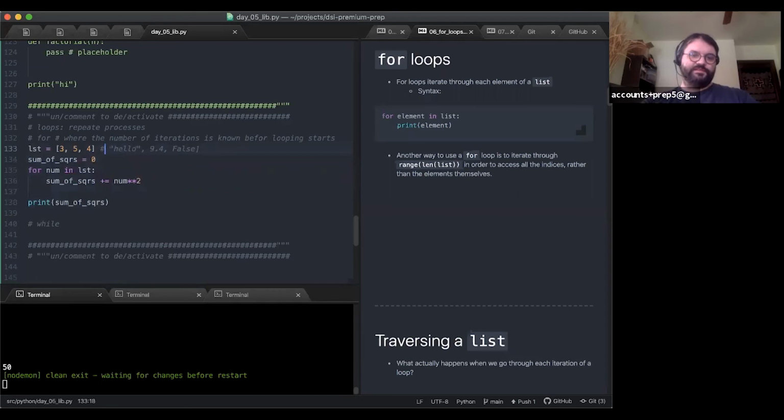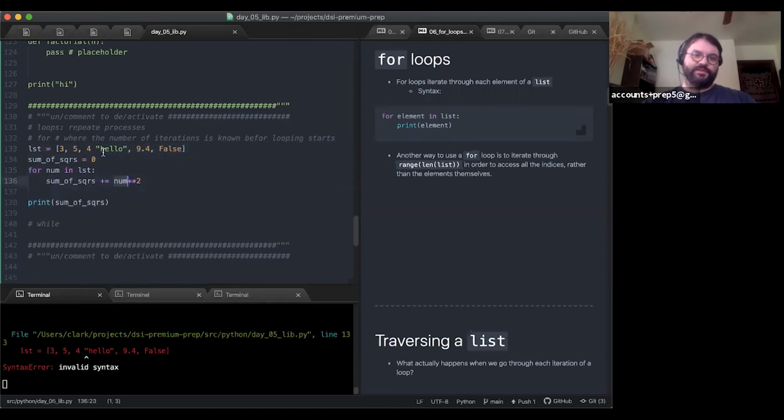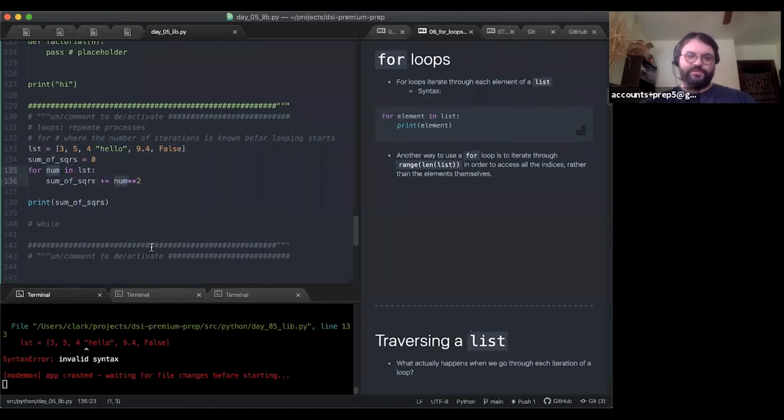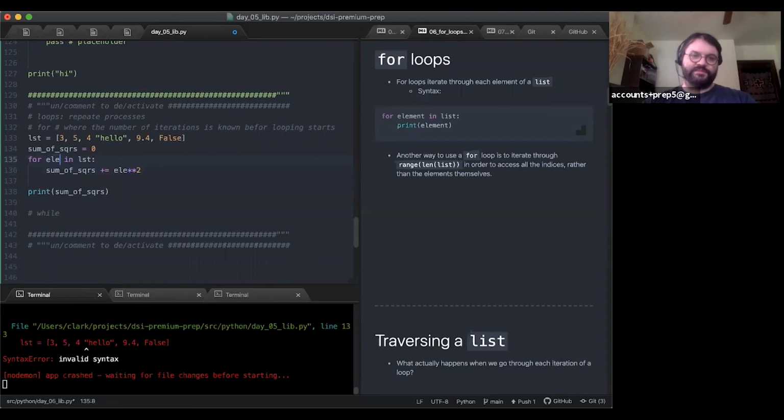So let's look at a variation of this. Here we have a couple of elements that I can't square. If I try to square the num, and now these aren't all nums, so probably better that I give this a different identifier, ELE, for element in list. Sum of squares plus equals element squared, but I can't square every element because some elements I just can't do that with.